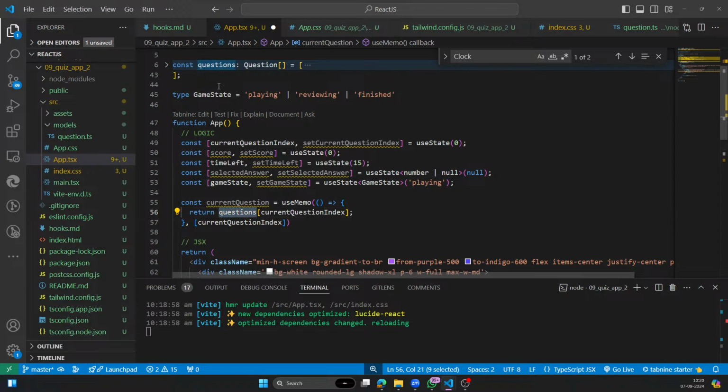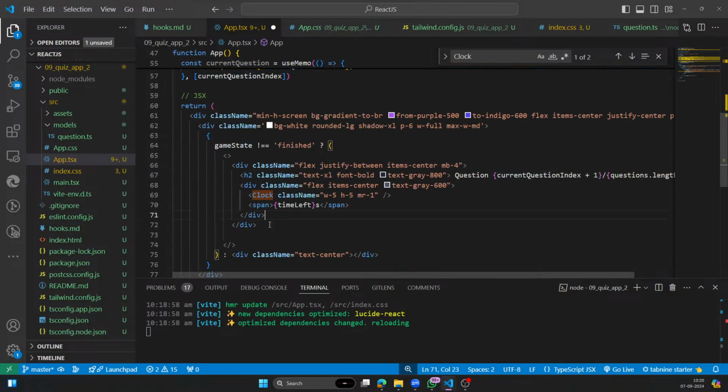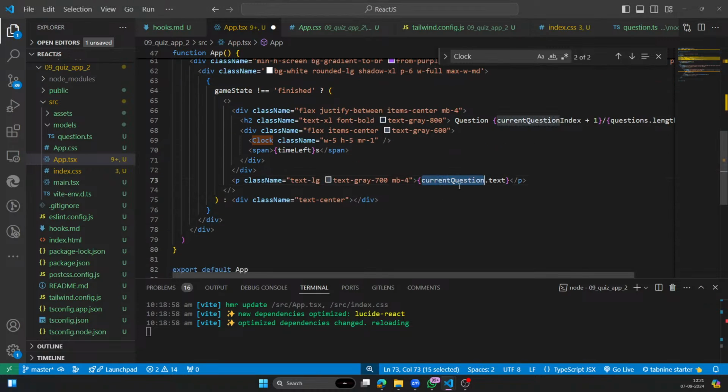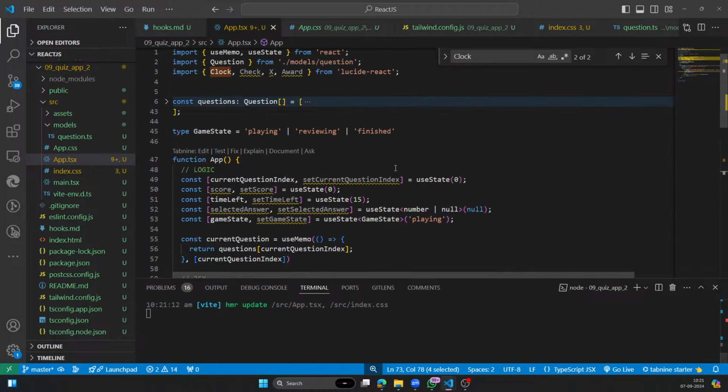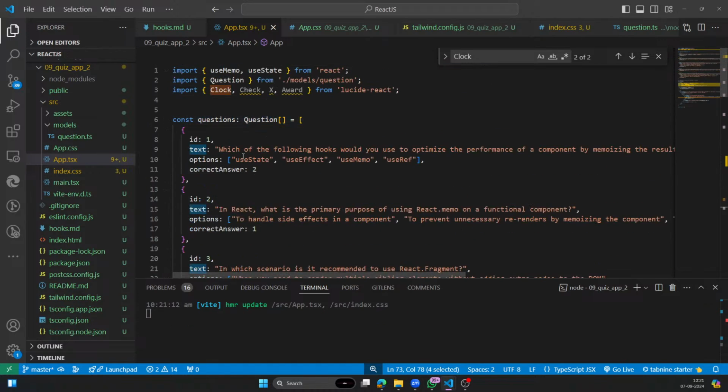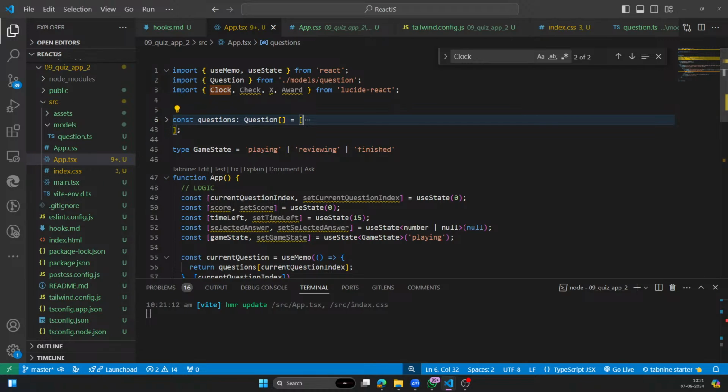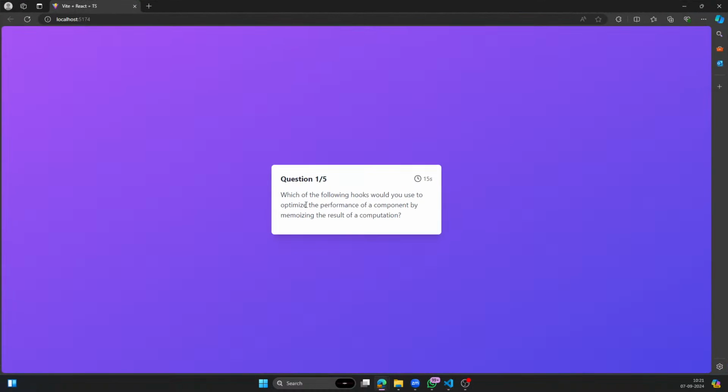So whatever the questions are, on the basis of this index, we'll get the current question over here. Okay, and this current question I can use below for display purposes, because this is the question the user will see, and from this question we will also get all the options. So over here we will make one paragraph tag, and display the current question dot text. Current question text is the property we'll get, and now we should see the question on the browser. This is our question,